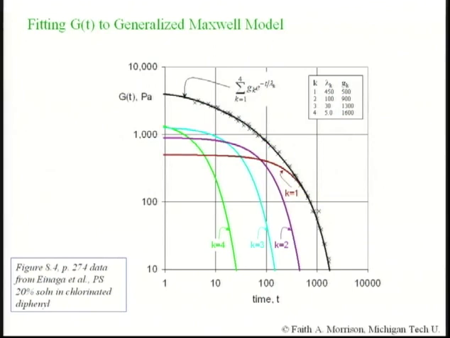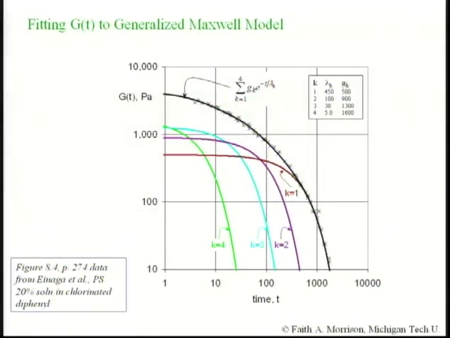Okay, now how did I do that? Actually, I used Solver in Excel. So what you do is you write this function in Excel, and you guess these 8 parameters, okay? And you tell it to minimize the error between the data and the prediction, and you get that result. Okay? It's a little tricky, and I have a handout on the website so that you could see how that's